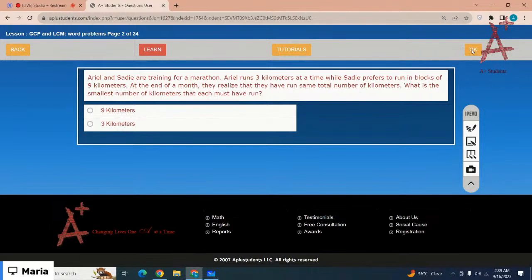What is the smallest number of kilometers that each must have run? So you have to calculate the smallest number, right? Smallest number here means you have to calculate the LCM of 3 and 9, right? So LCM of 3 and 9 is,